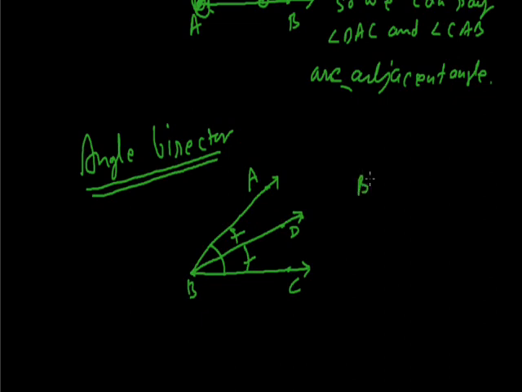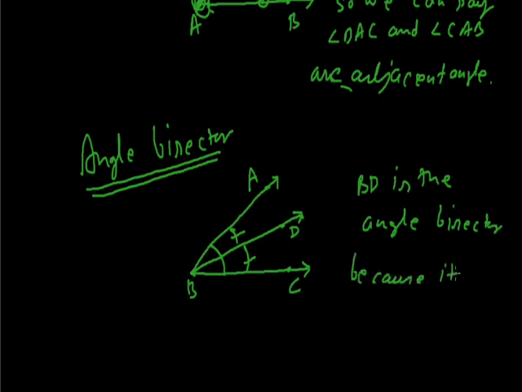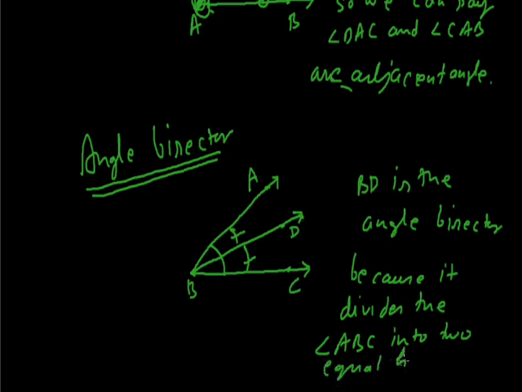So BD is the angle bisector because it divides the angle ABC into two equal parts. एग्जाम्पल के तौर पे अगर हम देखें, सपोज करिए आपके पास कोई एंगल दे रखा है,